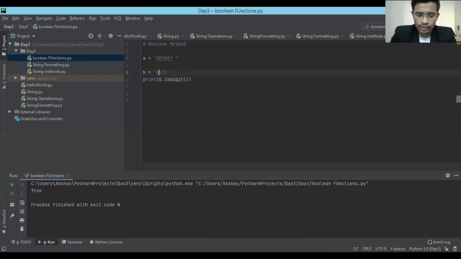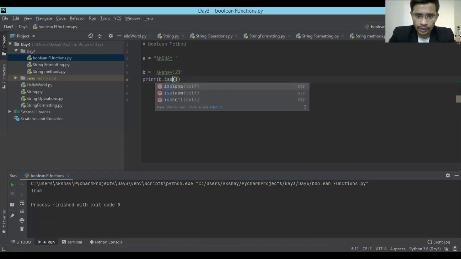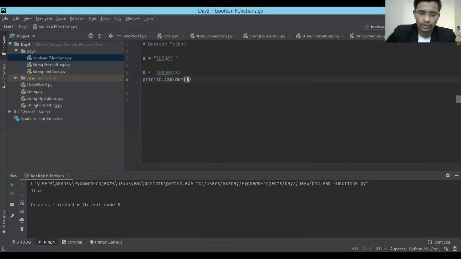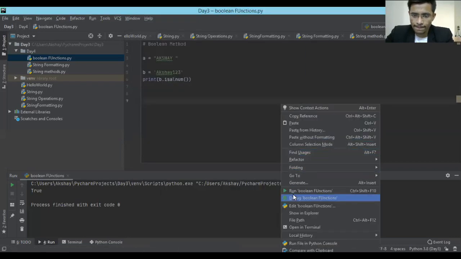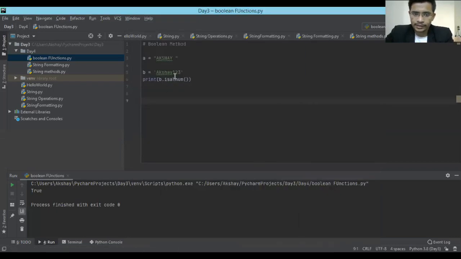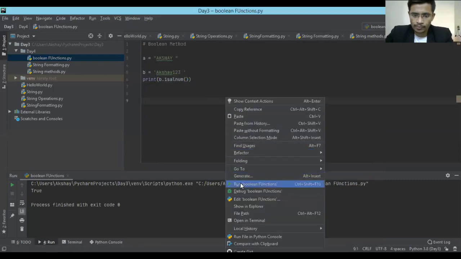Okay, suppose I do it like this, so it's isalnum, alphanumeric. If I want to check alphanumeric, this will tell me it is alphanumeric. It is giving me true. If there is any space or any special character added over here, it will give me a false.